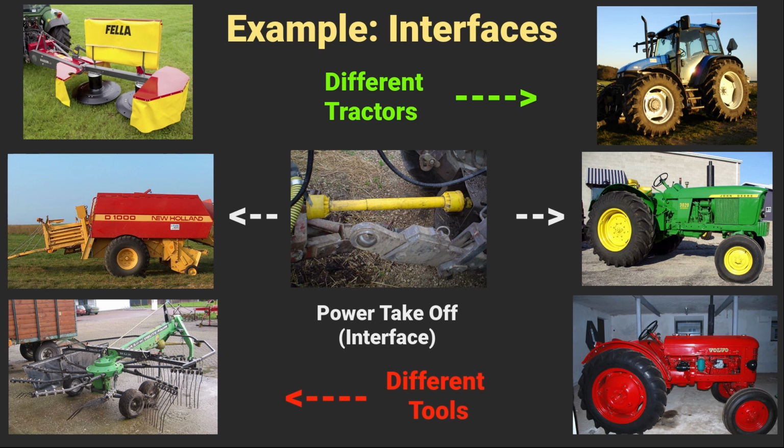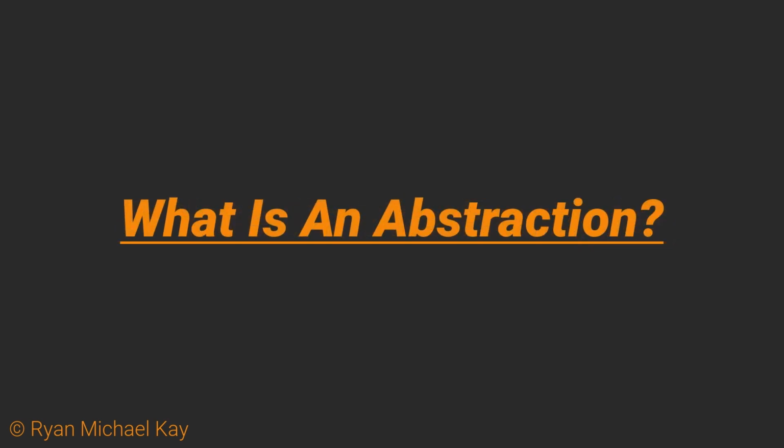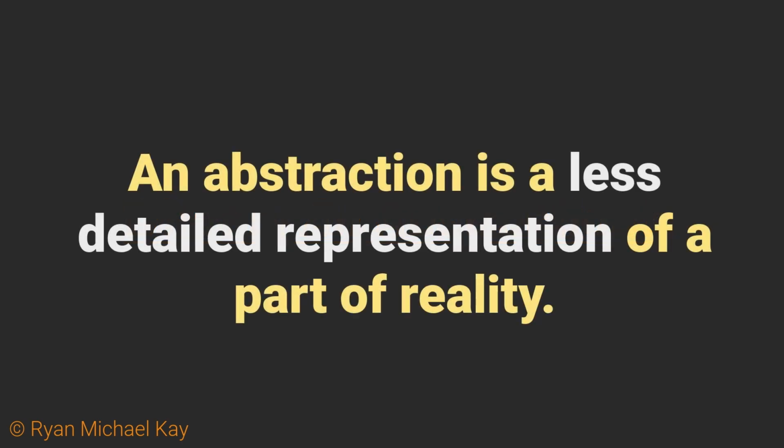Secondly, it means we can learn from other, simpler examples and fields which do not have tendencies to rely upon extraordinary amounts of jargon. I mention this so that you can understand why this whole lesson will seem non-technical in nature. Once we get to the technical and practical stuff, I am confident you will already understand what we are trying to achieve in a very clear way. To begin, let me share a simple definition of an abstraction outside of the field of programming. An abstraction is a less detailed representation of a part of reality.